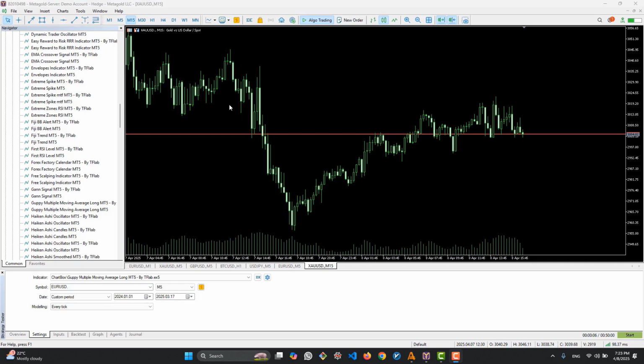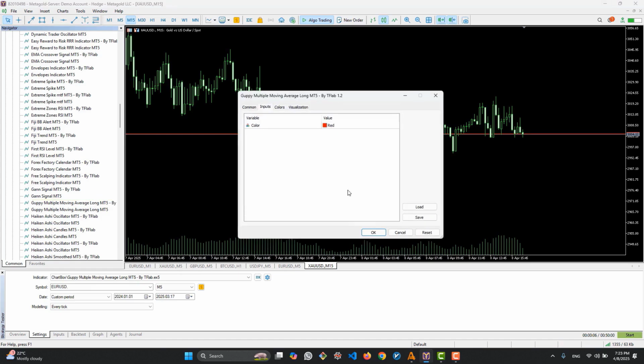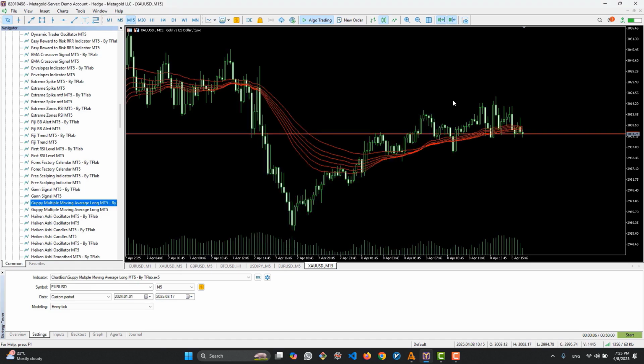Hello. In this video, I will examine the gap multiple moving average long indicator on the MetaTrader 4 and MetaTrader 5 platforms. This indicator displays 6 long moving averages with high periods on the chart, which we can use as a variable support and resistance area. The periods of the moving averages used in this indicator are